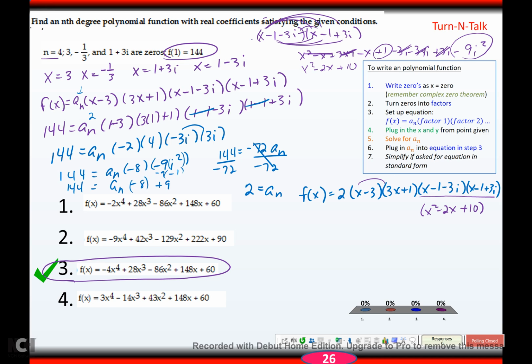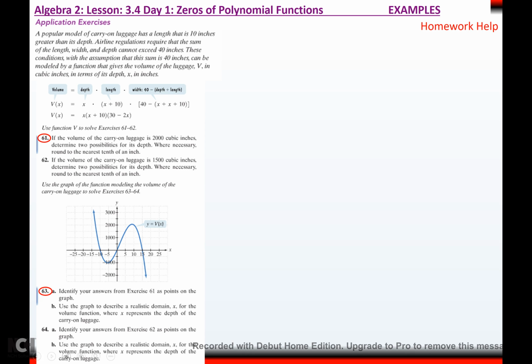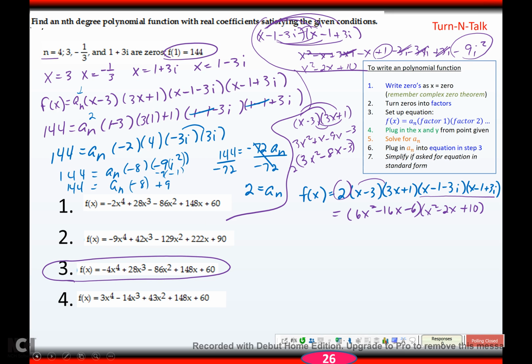If I do these two, okay, so this becomes x squared minus 2x plus 10. These two, if I do this to the side, x minus 3 times 3x plus 1, 3x squared plus x minus 9x minus 3, that's 3x squared minus 8x minus 3 times this 2 makes 6x squared minus 16x minus 6. Alright. Multiply those together, and I have